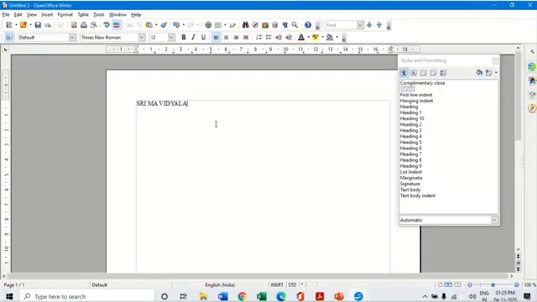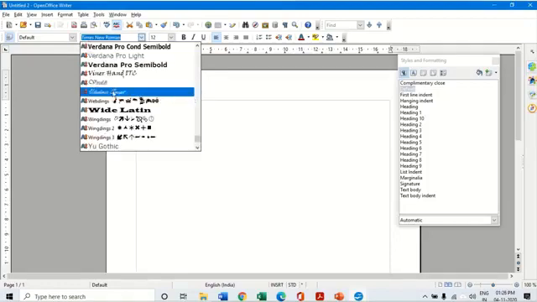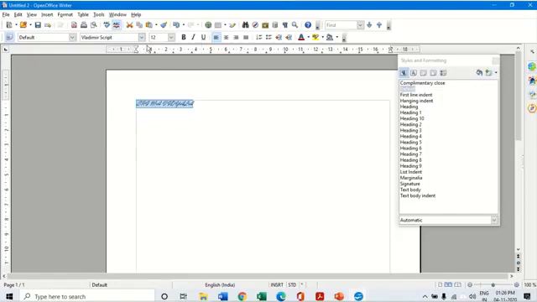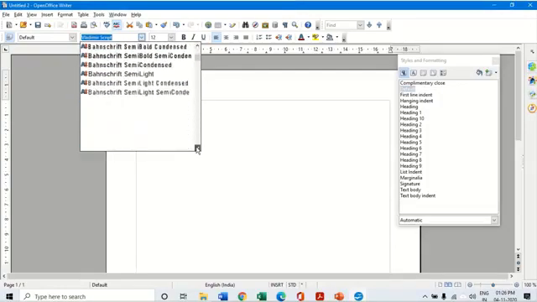I have written it like this. I'm selecting this text and I'm going to make my own style, which I'm going to use many times throughout the document. So let me first select the text type. I can select this one particular style, or wait, some good style which I feel will look nice.